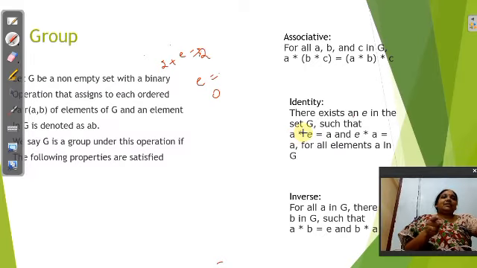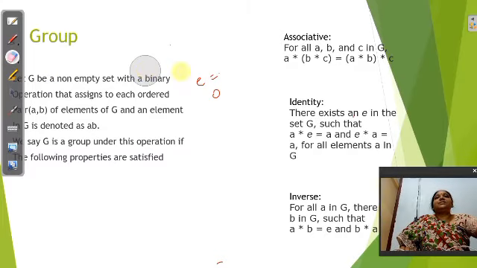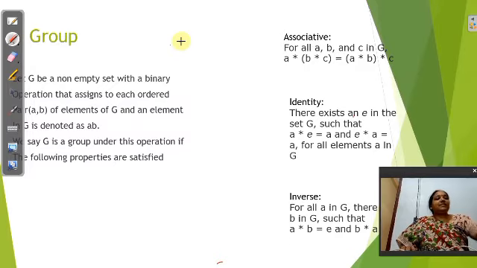If I am taking plus instead of star, a plus e is equal to a, means e is equal to a minus a, that is nothing but 0. With respect to addition, what is the identity element we have? e is equal to 0 is the identity element. If I am taking